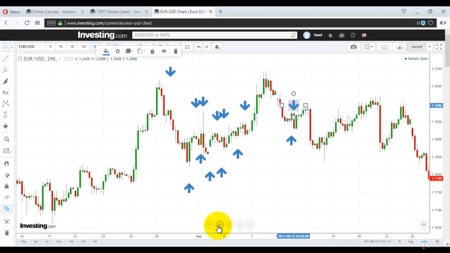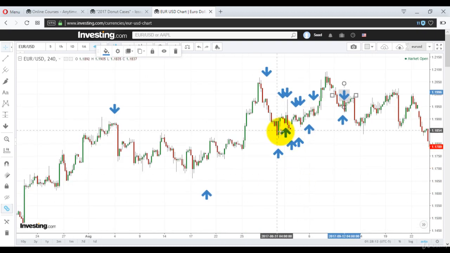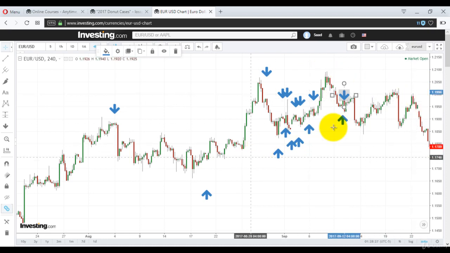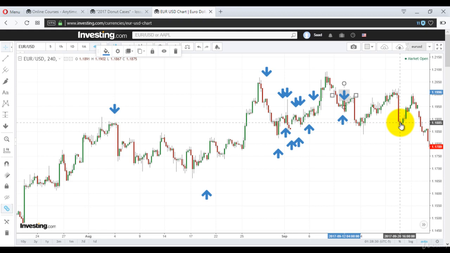Now the thing to note, I'm zooming out to show you. This was the low, right? This was the higher low. But the highs, this was a higher high, this was a lower high, this was a lower high. So highs were getting lower, lows were getting higher. Confusion is prevailing. And now it's breaking the low. Now what does it mean? Short selling is higher. And I told you right here that short selling was higher because the red candles were